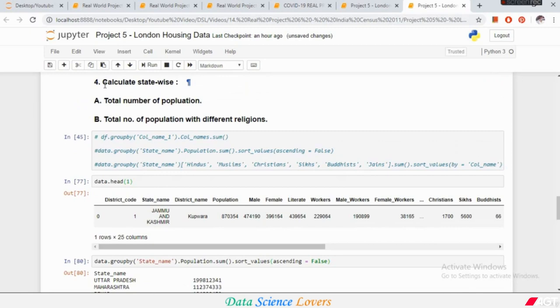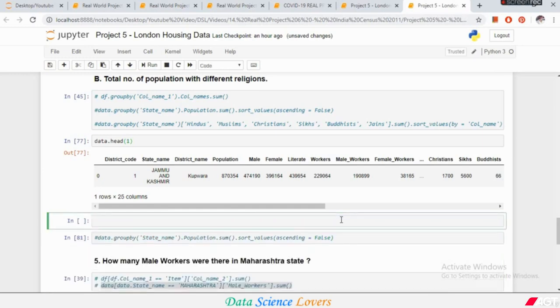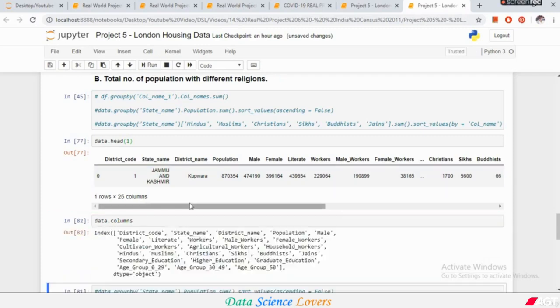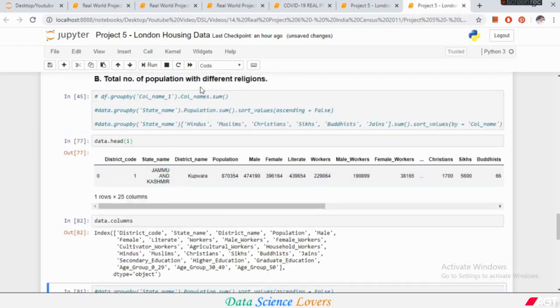Alright, now second question, it is asking to calculate the total number of population with different religions state-wise. So for this, we will have a look at our columns first. To see the columns from the data frame, we will simply write our data frame name dot columns. So these are the columns present in this data frame, and it is asking for different religions, and from here you can see that there are